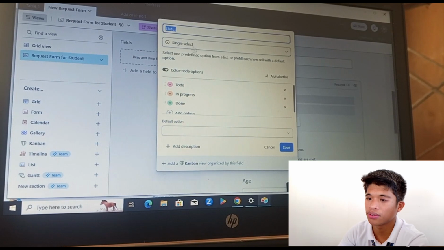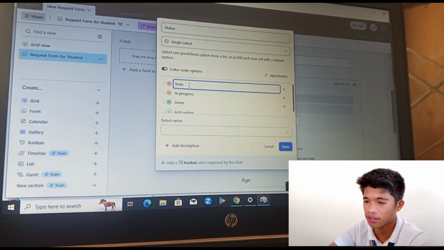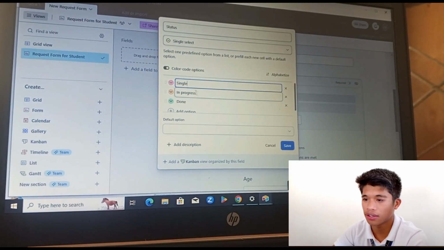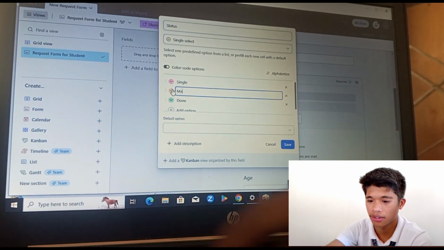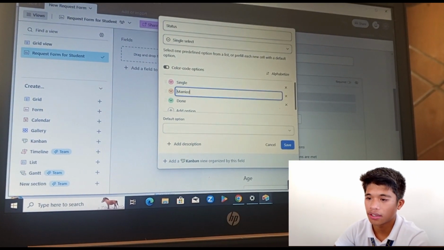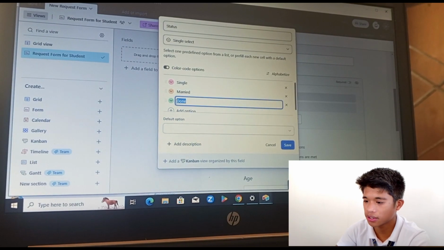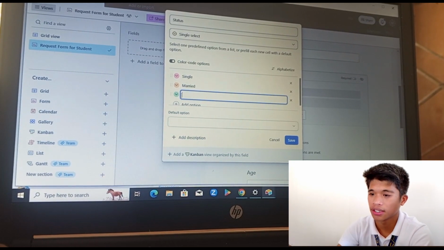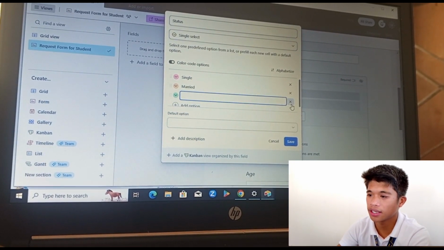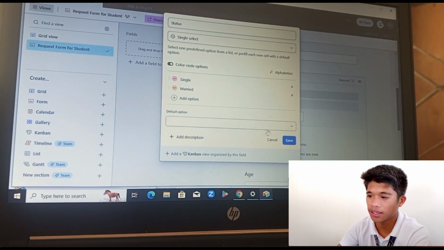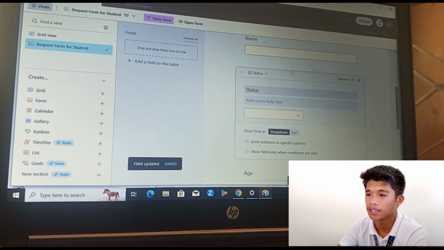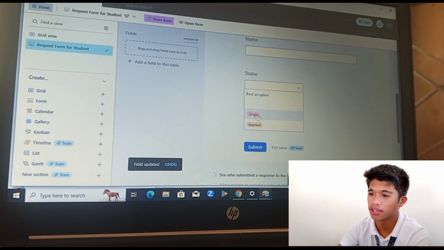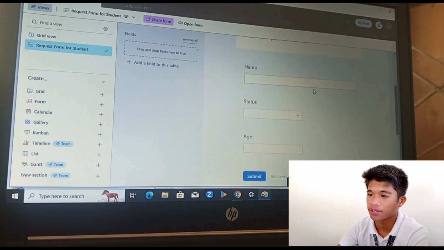Example, I'm going to edit the status of a student. So I'm going to put a single, if a student is single, or married. And if you don't want this to appear in the form, so just delete it, or just click the X button and then save. And then here, the single or married. So if you are done,